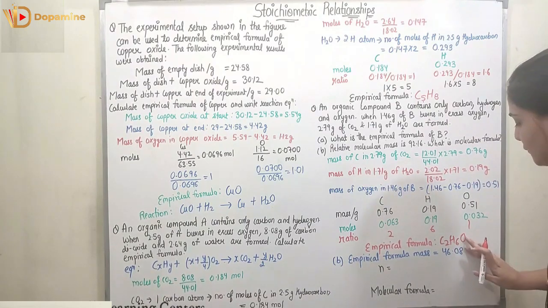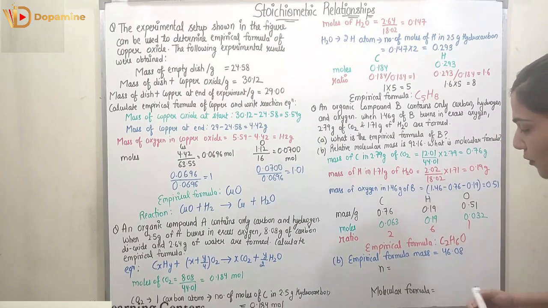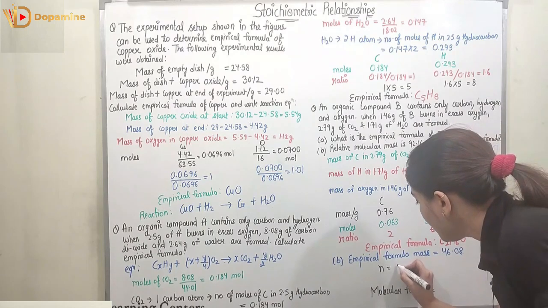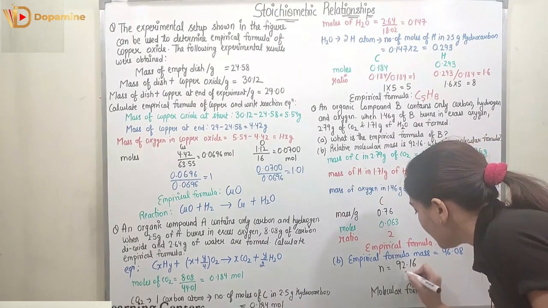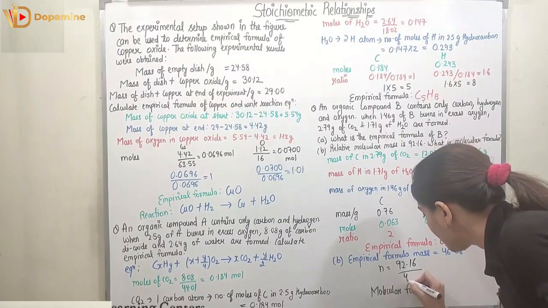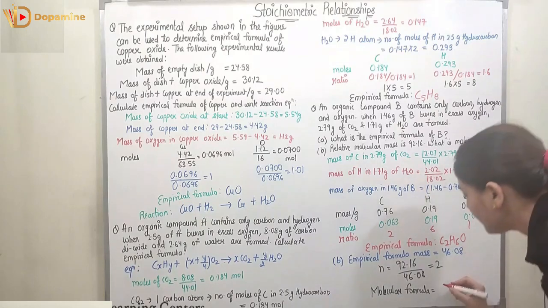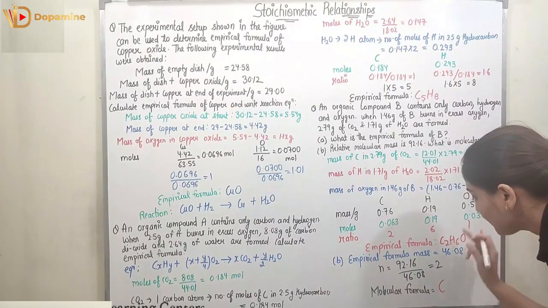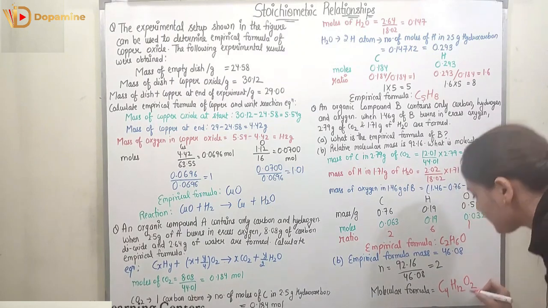So it can be represented as C2H6O. Now we can find out the empirical formula mass as well. We can multiply the carbon mass with 2, hydrogen mass with 6 and add the oxygen mass, and we can add all of them and we will be getting 46.08. So now we can get the n factor, which is the molecular mass given, 92.16, divided by the empirical formula mass, which is 46.08, and we will be getting 2. So what would be the molecular formula? It will be twice of this. We are multiplying the subscripts by 2, so C4H12O2. This is the molecular formula.